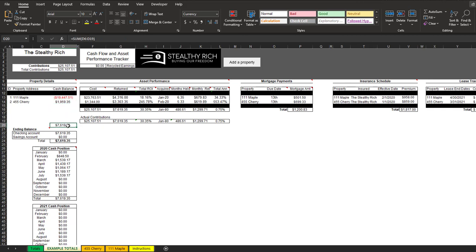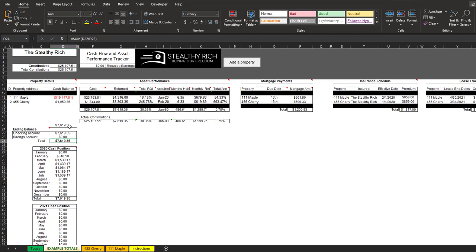So that means we have an ending balance of 17,000, or 7,000 once you figure in the 25,000 we put in to begin with. And so what that means is right here, our ending balance section, this is where the magic happens. So where this is your checking account and maybe a savings account, you can add other rows here if you've got more business accounts that you use. But this total here,